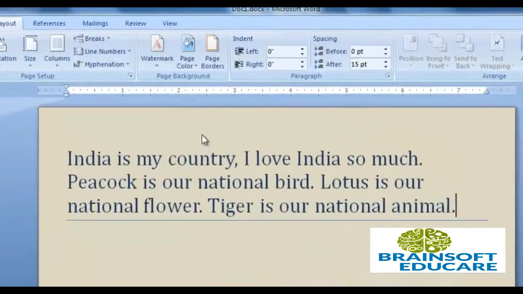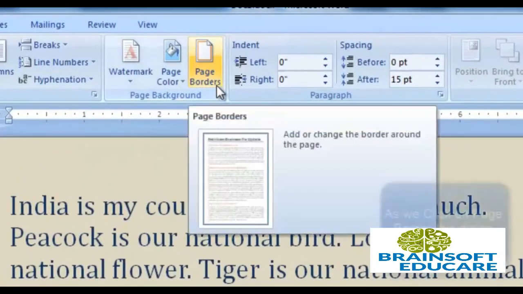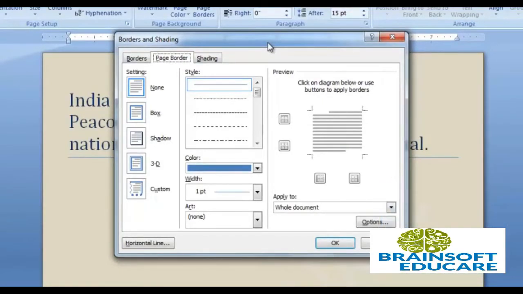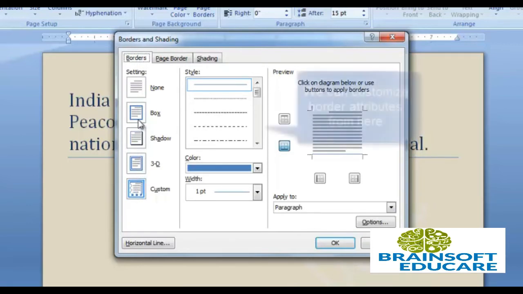Next is page borders. By clicking on page borders, this dialog box will open. From here, we can select borders and shading for our page. If we go to the borders, there are some borders given here. We can select any from them, like box,